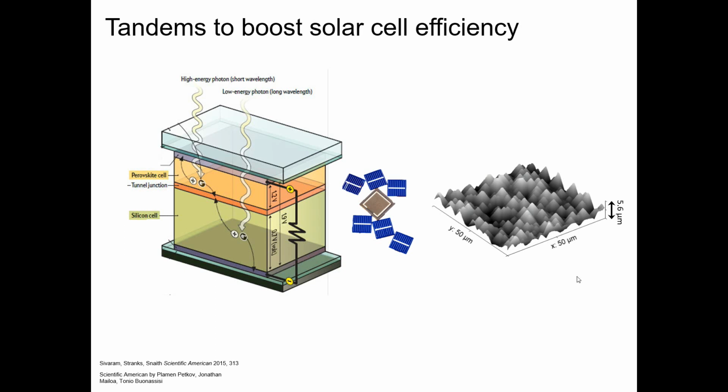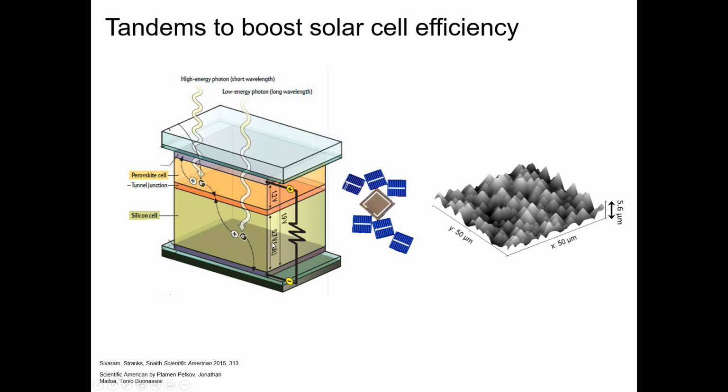So what a multi-junction solar cell looks like is two solar cells put together, and that allows us to extract more of the sun's light and absorb it, and then subsequently turn that into power. It looks like this, but actually the main challenge and what my research is focused on is if you zoom in on the